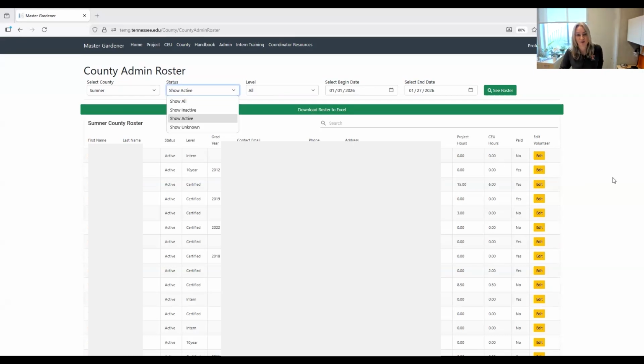Sometimes I'll just sort for all if there's somebody that I really don't know what's going on with their user. So you can see here we have this very familiar year-to-date roster. Of course, we can change this, and we have a very easy download to Excel button. So the other really important things